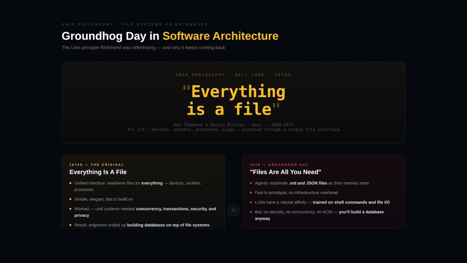But it shouldn't stop there, because we've come a long way from the 70s, and I wasn't alive in the 70s. You were just alive, yeah. So maybe you remember, but there was a time in the 70s with this phrase from the Unix philosophy: everything is a file, or everything is a file descriptor. Whenever I look into the space of technology, it's almost like Groundhog Day, because the same things keep repeating. Now, in 2026, I'm seeing articles where everyone is saying files are all you need. I'm like, yeah, we did that in the 70s, and I think we've come a long way from there.